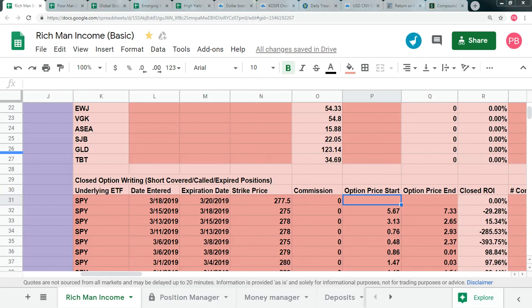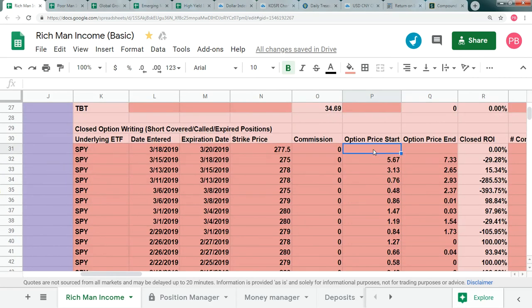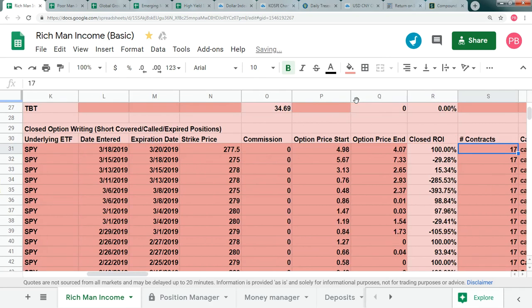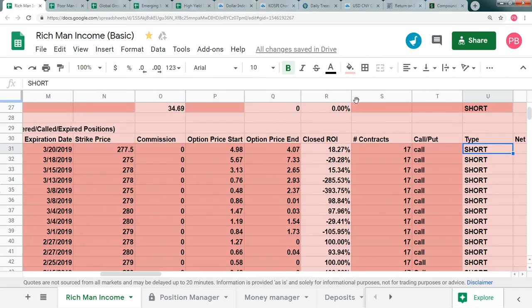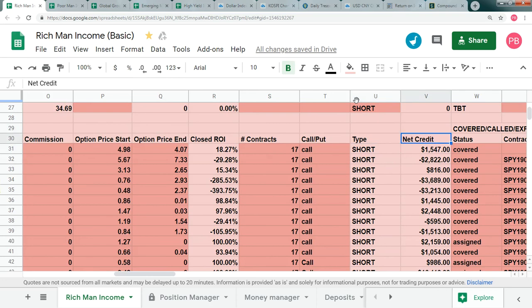And because we're only owning the SPY ETF, this is a very commission-efficient strategy. Okay, so now I'm going to scroll up and grab the price we paid, or that's the credit we took in, rather. And today, to purchase this position back, we had to pay $407. And this is not going to be the exact price you'll pay, but the idea is we're rolling over our covered call position. Okay, so we made an 18% profit on that in-the-money covered call